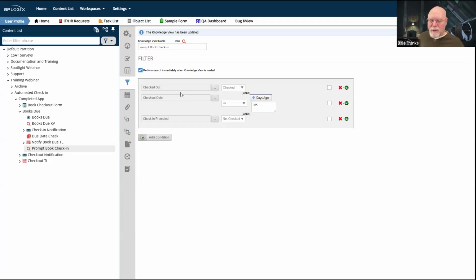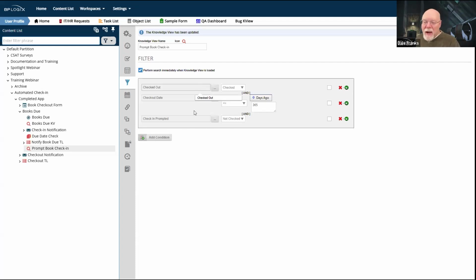We've got to evaluate that. So it has to have been checked out more than a year ago, 365 days, and the check-in prompted cannot be checked. Remember, we don't want to run a process if I've already kicked off the process to prompt the check-in. So I've got two status fields, and then I've got the checkout date to specify the due date.